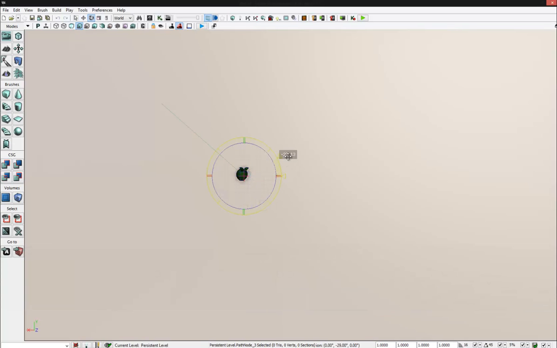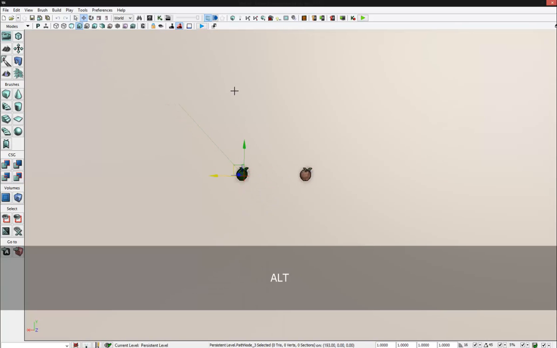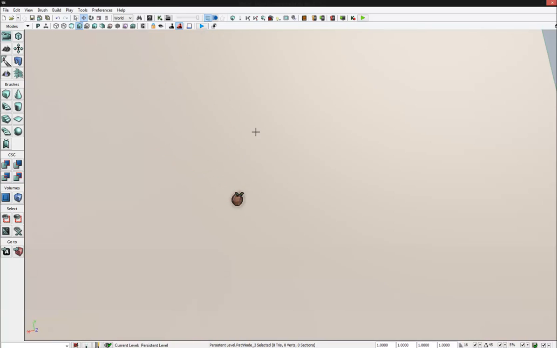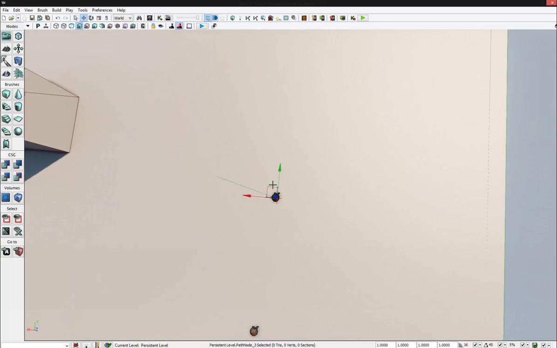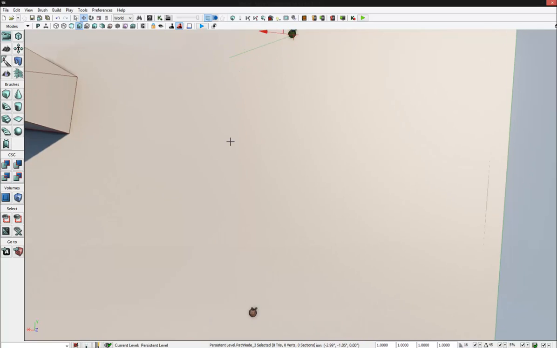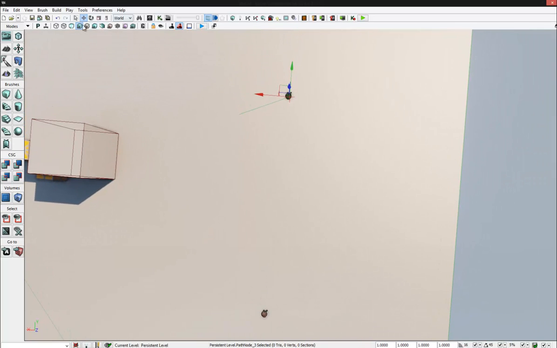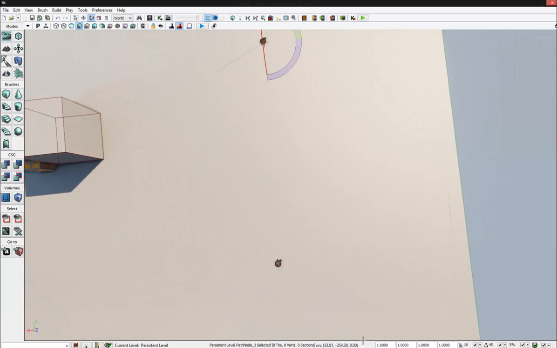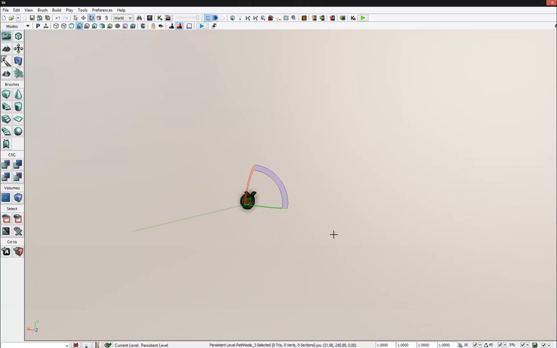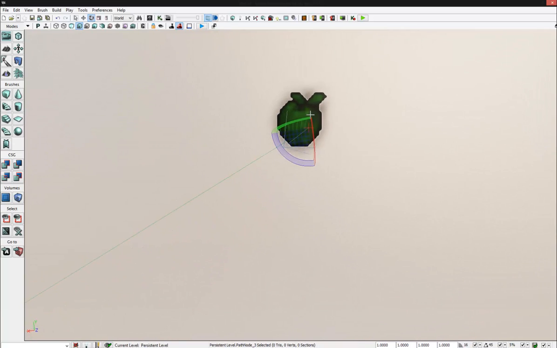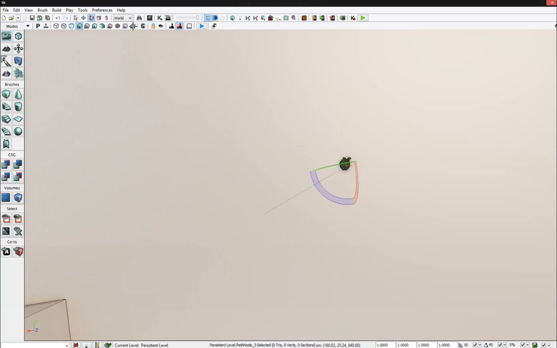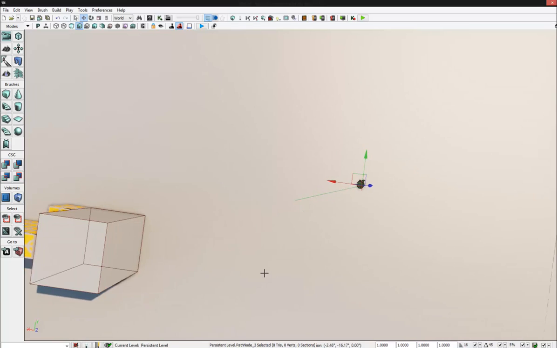It doesn't have to be exact where it's facing, but just a rough sort of general area. And this one I'm going to say, looking in this direction, and then finally